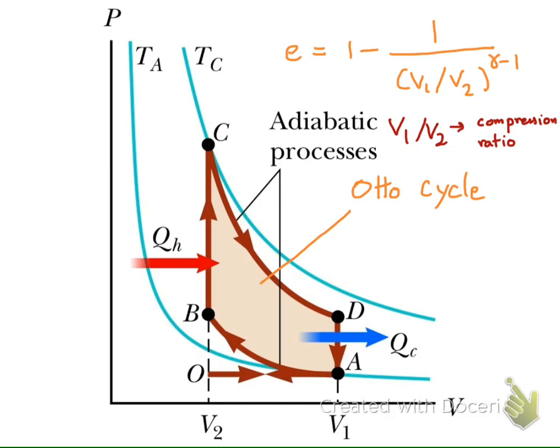This compression ratio, if we look at the PV diagram, is the ratio between the maximum volume of the piston here and the minimum volume of the piston. It means that in one cycle the piston expands to the maximum volume of V1 and compresses to the minimum value of V2, and this V1 over V2 is the compression ratio, and gamma